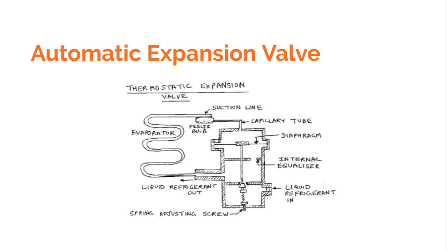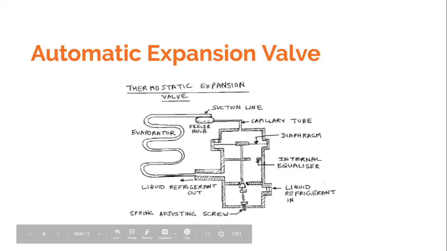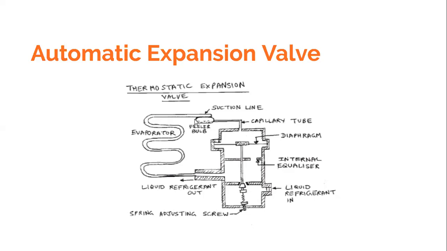How does this behave? When there is an increase in the load, it would increase the refrigerant flow into the evaporator. Similarly, when there is a decrease in the load, this pressure would decrease. This valve would be pulled upwards. There would be a decrease in the refrigerant flow to the evaporator, and again the degree of superheat would adjust itself. So this is a very intelligent valve in the sense that it caters to the varying load.